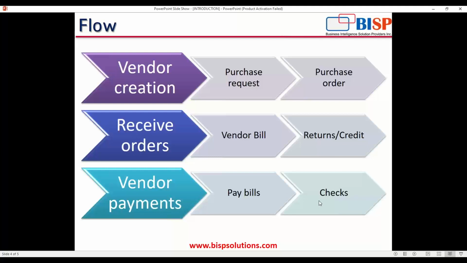So almost all the things that we have in the vendor payables, we have covered over here. These are mostly all the things that we have in our payables, where you can create a vendor, you have your requests, you have your orders, you receive the orders, you create a bill, or you can return any particular order that you have received, and credit the vendor for the bill that has been created. You can then pay your vendors by bills or by check. You can directly pay the bills, or you can write a check to the vendor for payments.